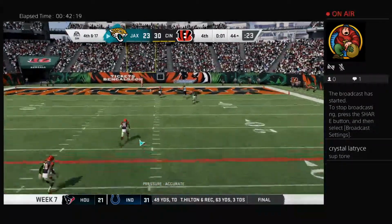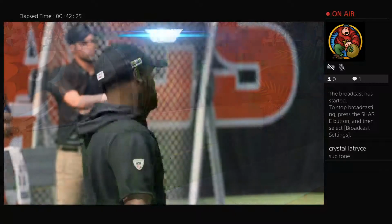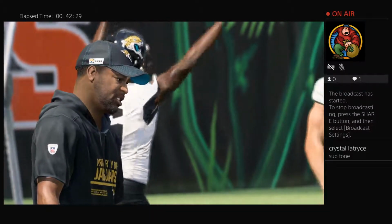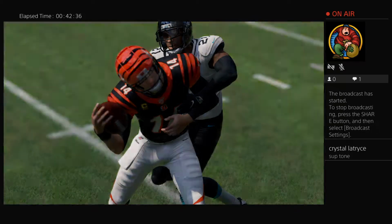Now a desperation throw deep downfield. And this is incomplete. So no miracles here on the final play. And this ball game is over. So this one in the win column now for the Cincinnati Bengals. And it wasn't really always pretty. They had their bumps and bruises. Really both sides did. But